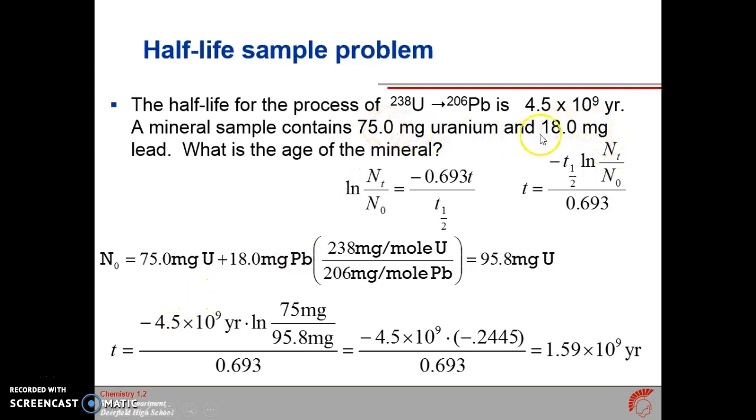So the mass ratio, all of the uranium, we want to know how much uranium caused 18 milligrams of lead to form. So that's what this little calculation actually is. It's not the molar ratio, it's the mass ratio of the two elements. So 18 milligrams of lead, which decayed from uranium, you're going to use this. Again, this is just a molar mass ratio in order to figure out how many milligrams of uranium produced the lead you actually have. So 75 plus the amount of uranium that created